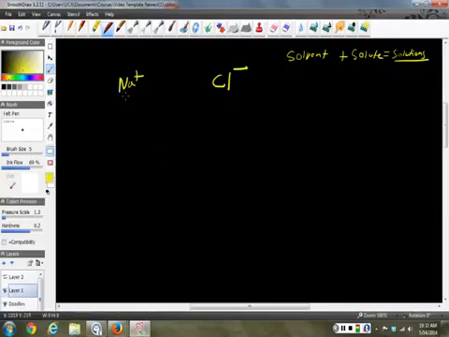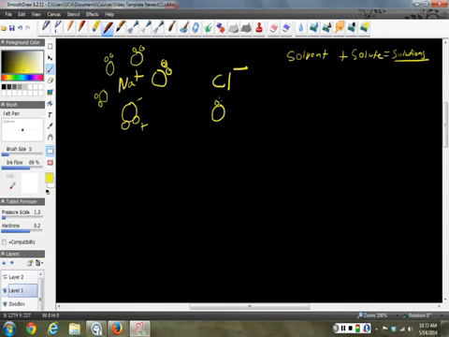Okay, so water, because of its polarity, here's a positive molecule. Now, water has a positive end and a negative end. Which end will be attracted to this sodium? As you probably know, opposites attract. So, here we go. The negative end of the water will face the sodium, and this will happen all around this sodium. So we're forming essentially a bubble of water around this sodium ion, and the opposite will occur